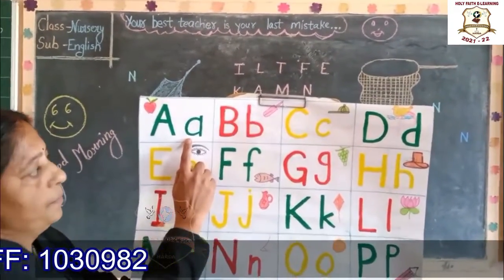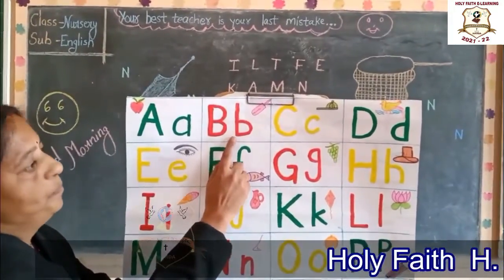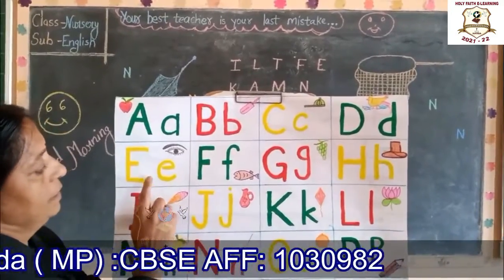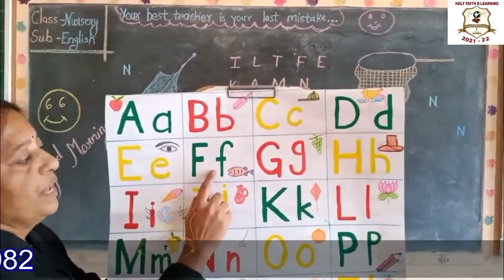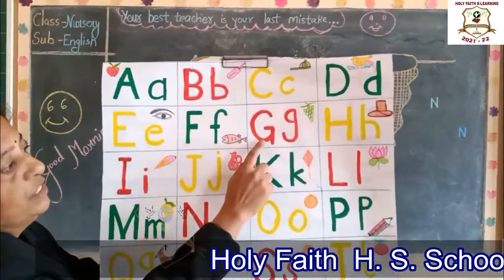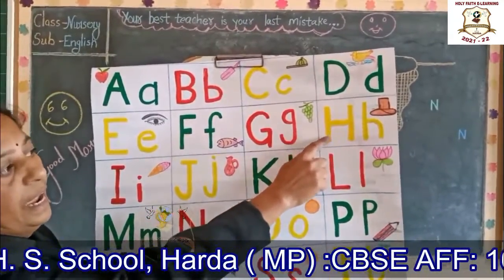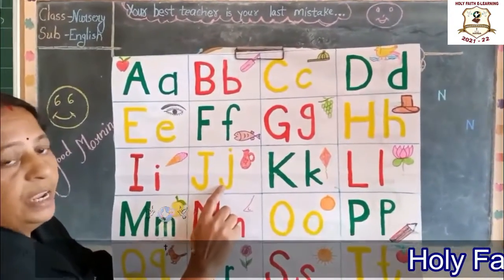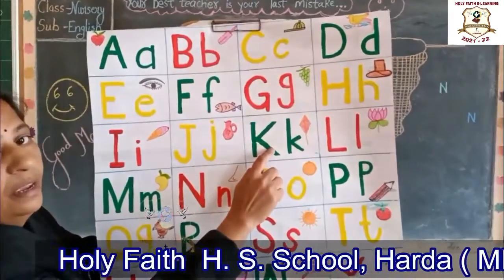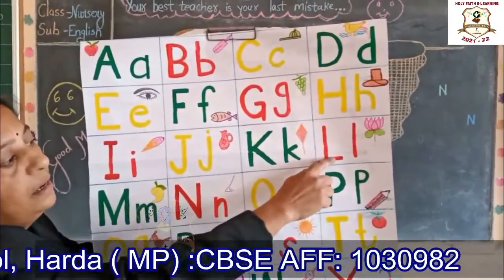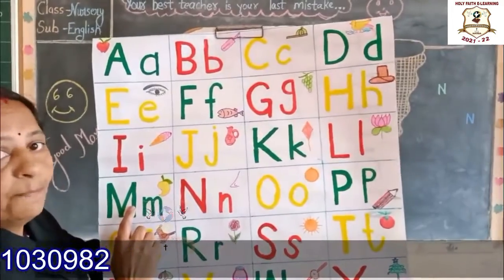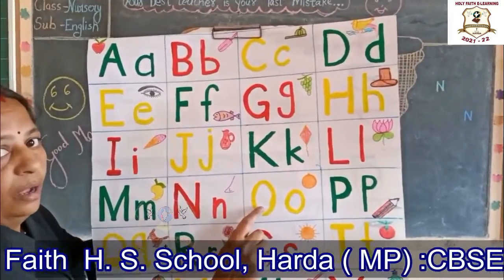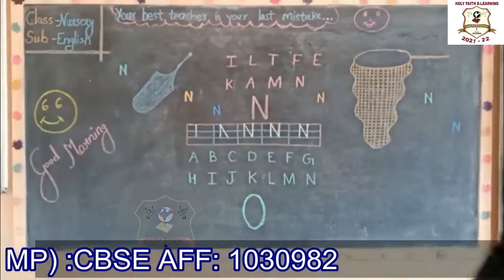A, B, B, C, K, D, D, E, A, F, F, G, G, H, H, I, E, J, J, K, K, L, L, M, M, N, N, O, A. ठीक है? Okay students, now repeat